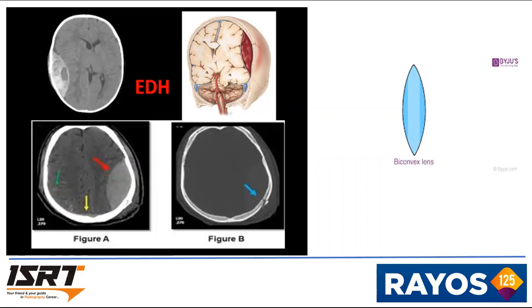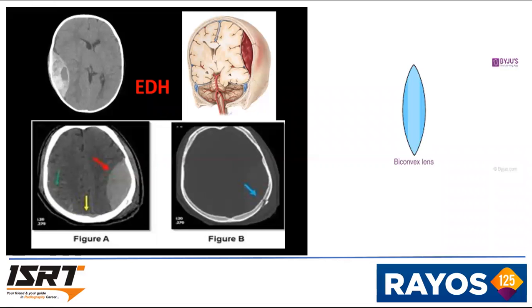So this is the epidural hematoma picture. It is also called extradural hematoma. It occurs between the skull and the dura mater. The main cause is trauma to the head. The appearance is that of a biconvex lens. You can see a lens-like bleed on the